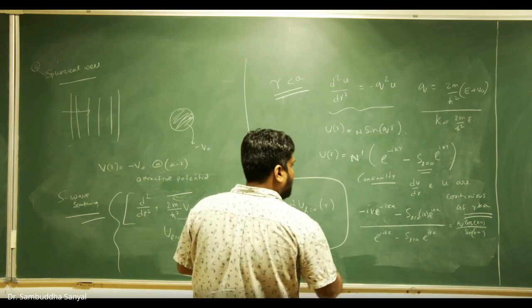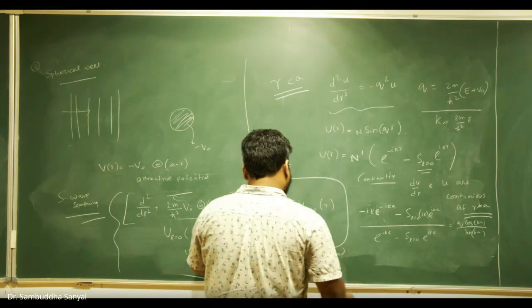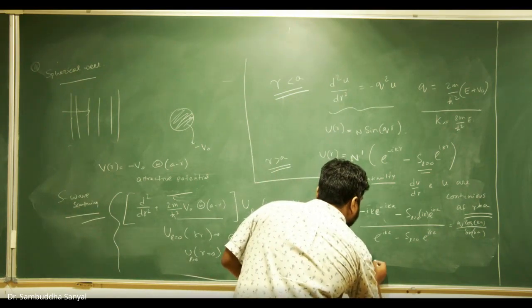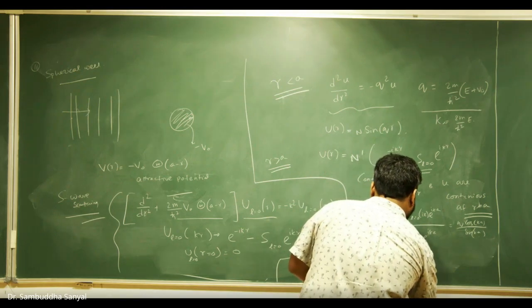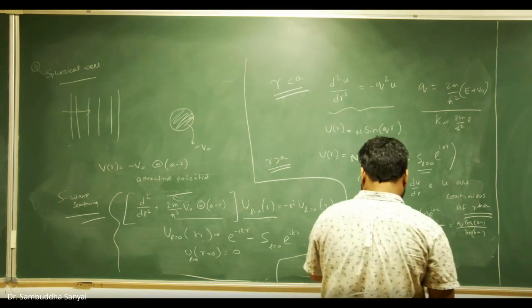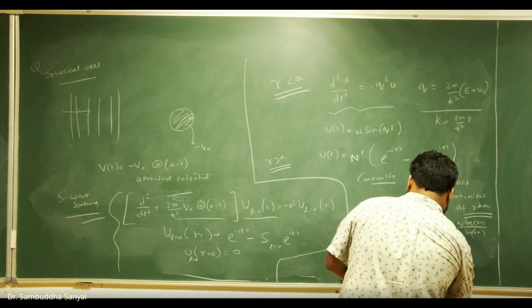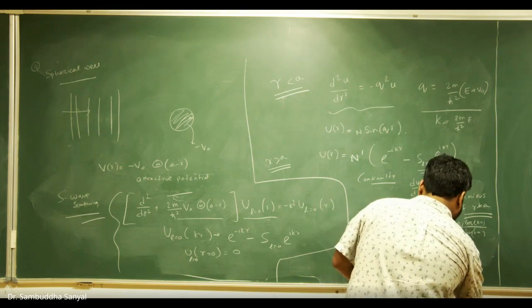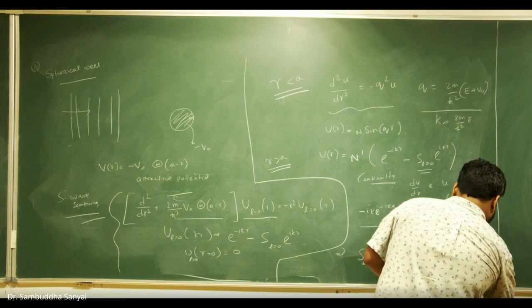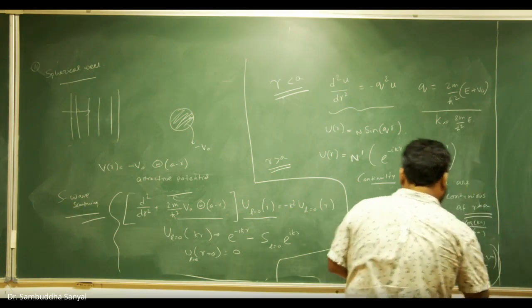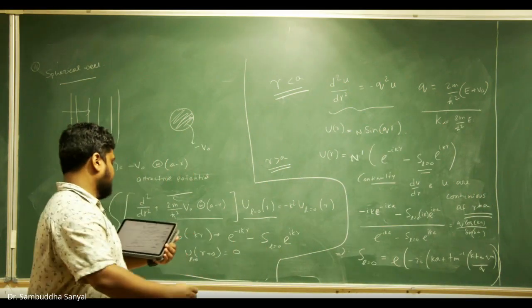And if I solve for it, I will get S L equal to 0 equals e to the power minus 2i (ka plus tan inverse (k tan qa by q)). That means the delta is